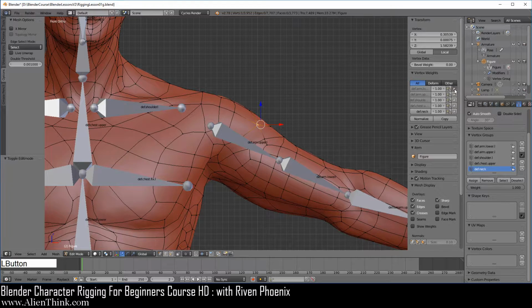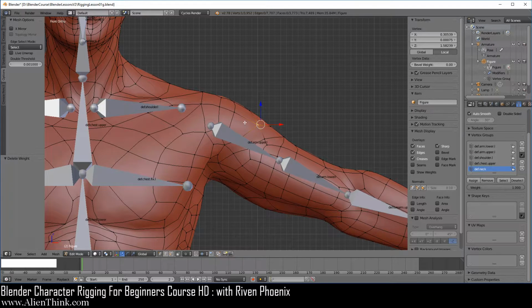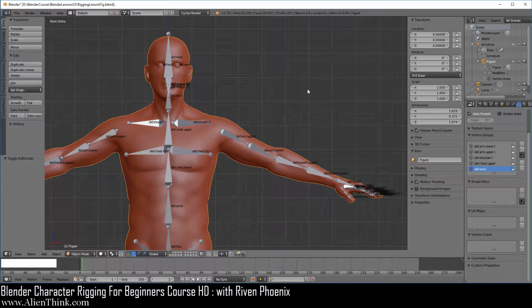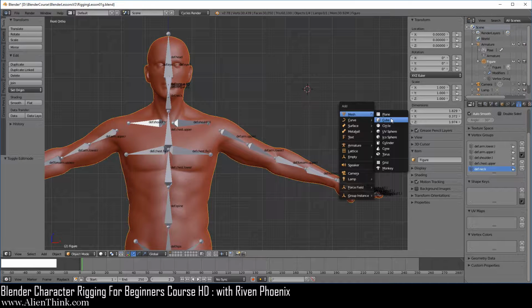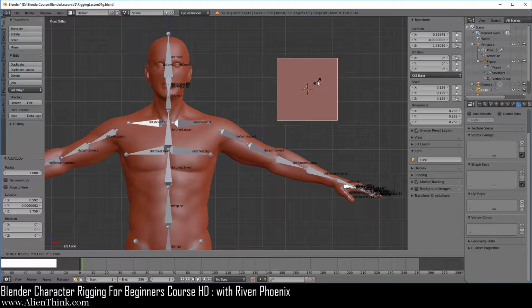Okay, so go ahead and now just X out all these things over here. Now what I'm going to show you over here is an understanding of what exactly is going on in the vertex groups panel. The way to understand this is by simply switching to object mode over here. Okay, zoom out and click your mouse over here, do a Shift A and add a cube over here and press the S key to simply scale it down.